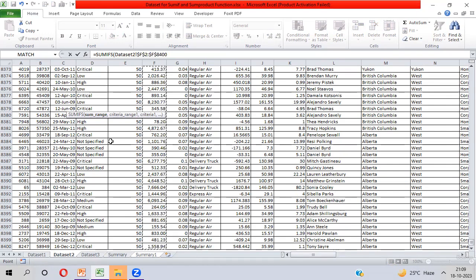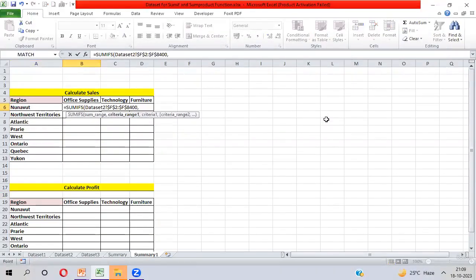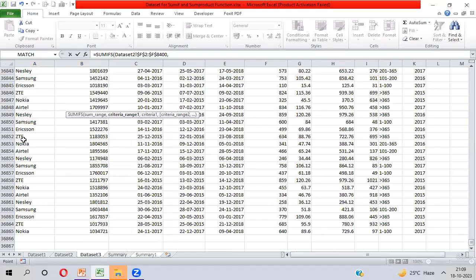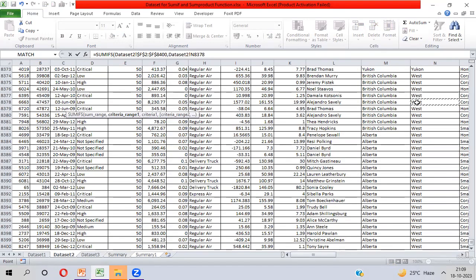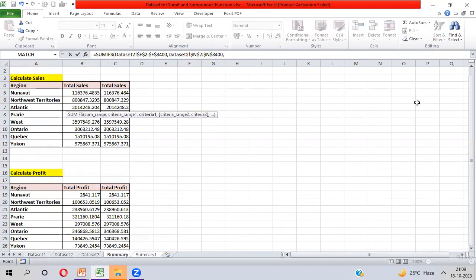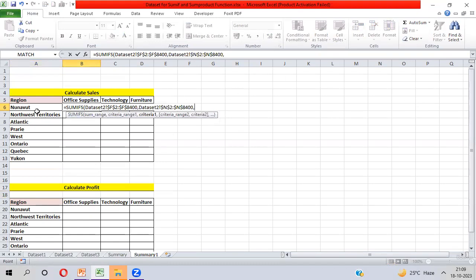Freeze it, comma. The second parameter is criteria range 1. So what is your first condition? You can take the first condition as region. So you have to go there and take the complete range of region from the N column. This is the region column. Freeze it, comma. Then you have to go there and take the condition as a region. If I'm taking region as the first criteria range, then the criteria should be region,